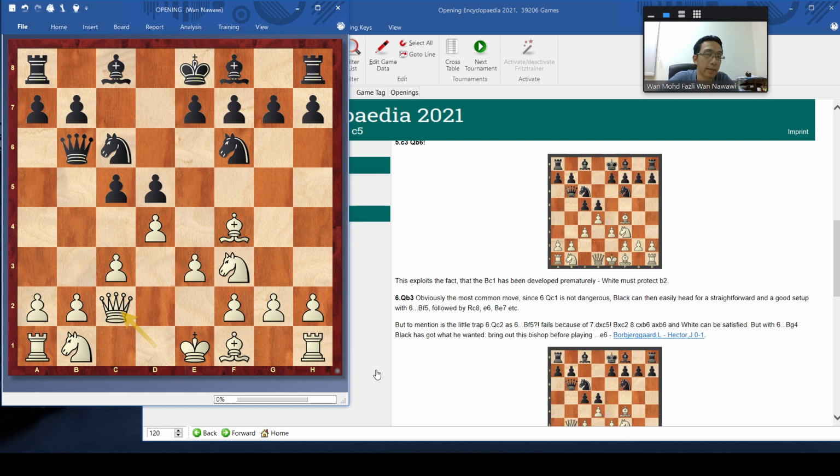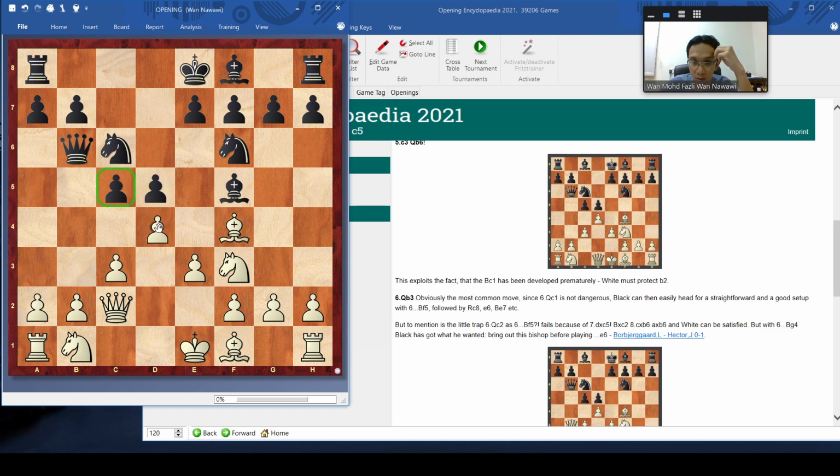Okay, so here, black can play this in the Faiz Safiddin game. Faiz is white. Black plays bishop b5. Here it's not really what we call a blunder yet, because you have this capture here.